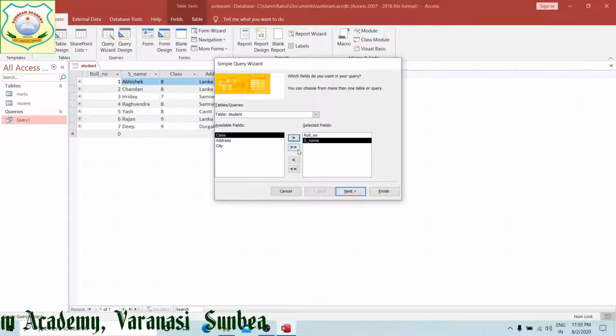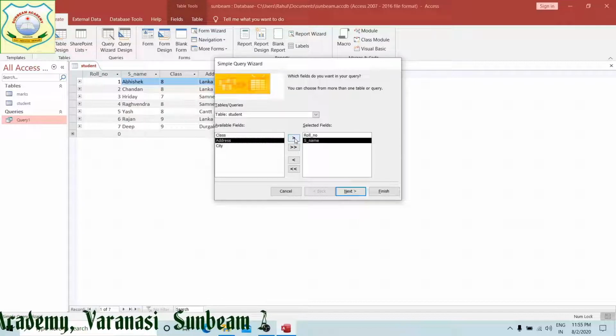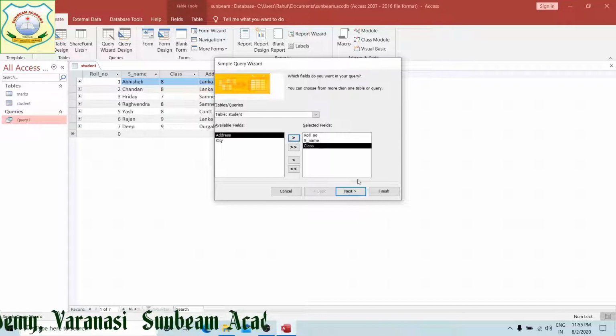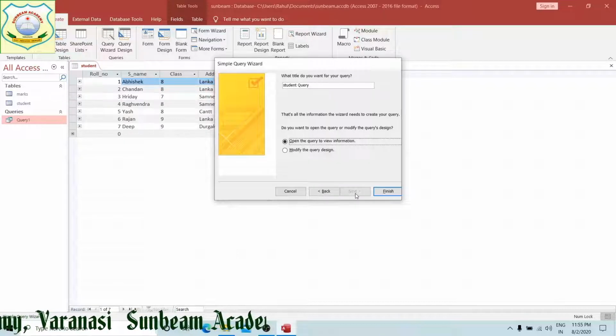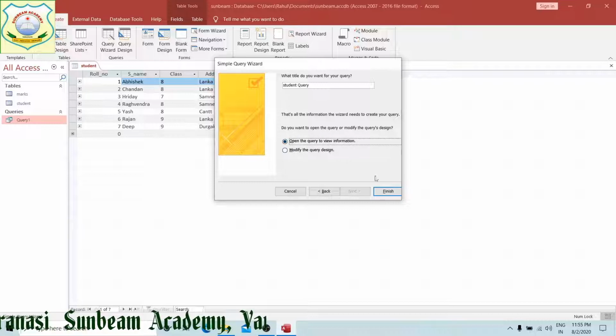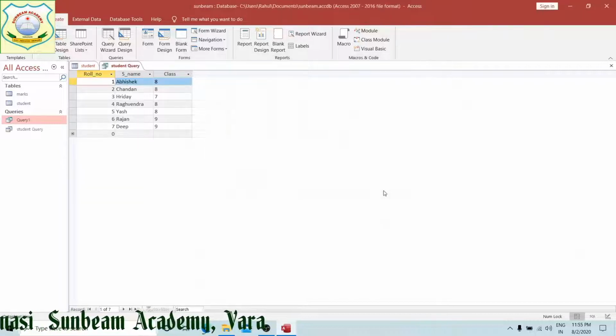If all, then you select the all option. Then class I need. This I have added. Now click on next. After clicking, you can open the query to view information or modify the query design, whatever you need. Now click on finish. Your query has been created.